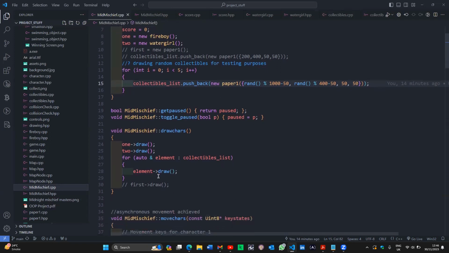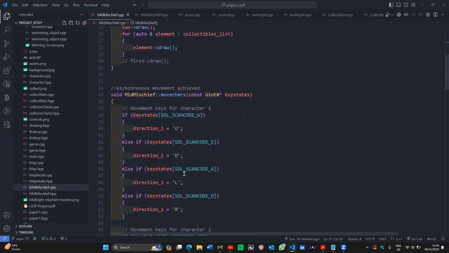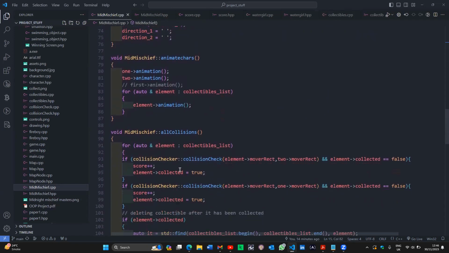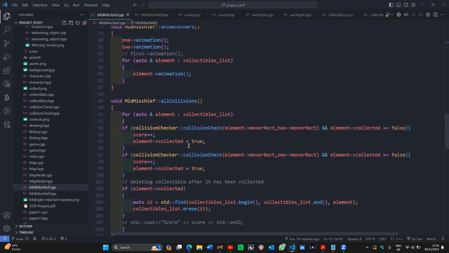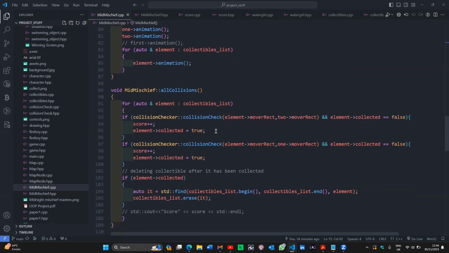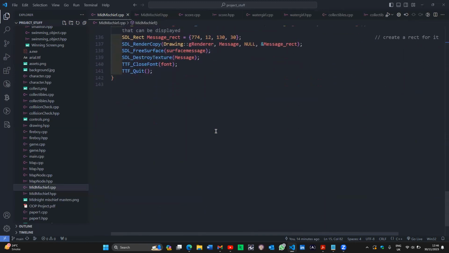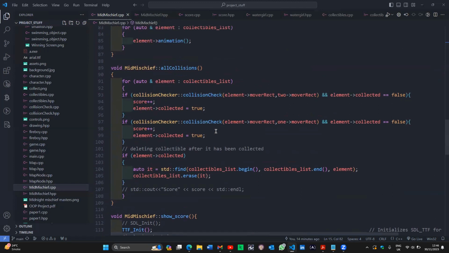In the draw, we have the element that's being drawn within a loop. And in animating, we are again using a loop. And for collisions, right, the concept of collisions is that we have two types of collisions. There's collisions between the players, and there's collisions between the player and the collectible. So for now, we don't really have an implementation for collisions between players because that doesn't really matter. However, if there is a collision between either player and the collectible,